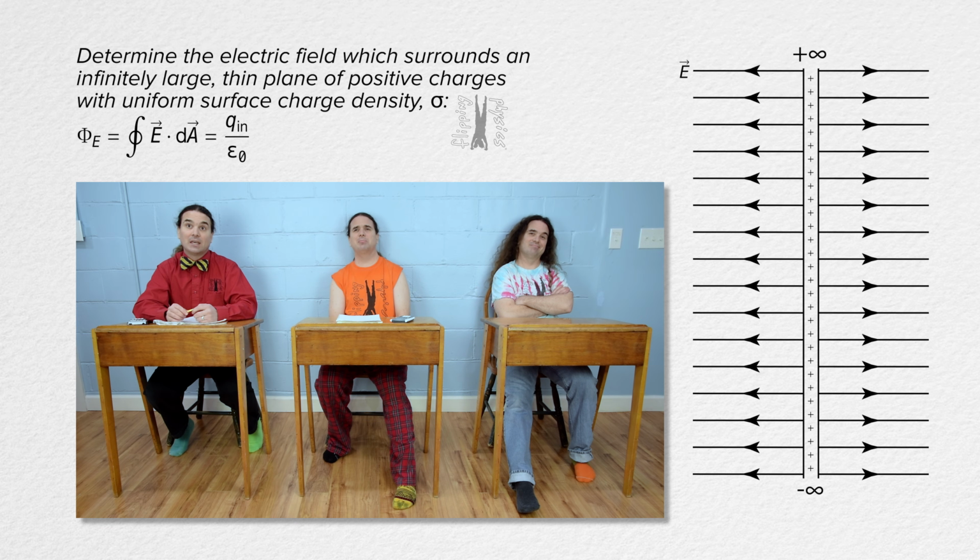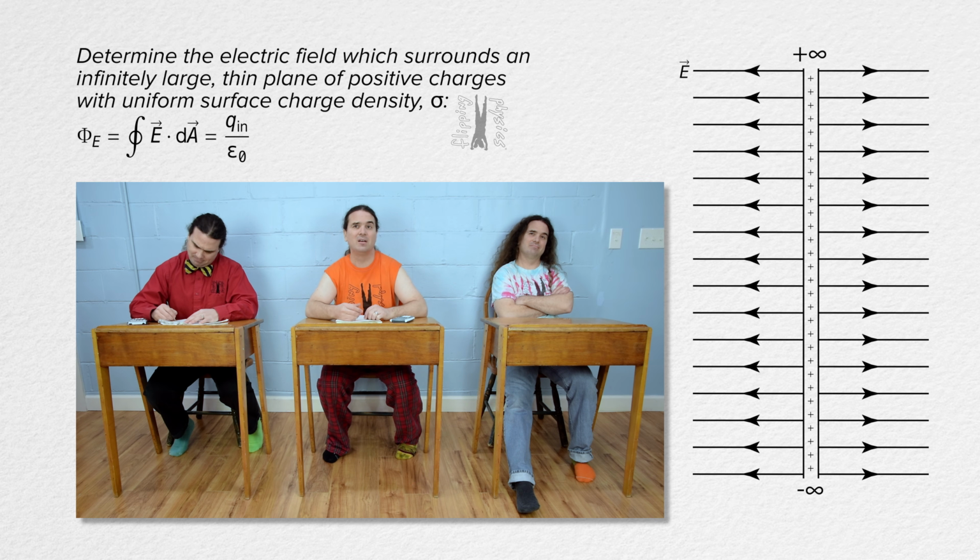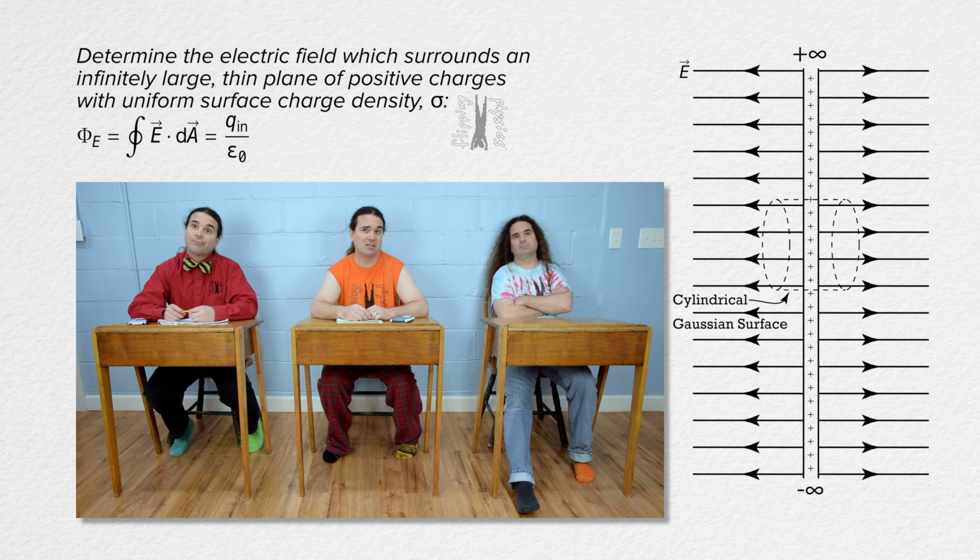Well, for the shape of the imaginary Gaussian surface, we are trying to make sure the electric field is either parallel or perpendicular to all the surfaces of the Gaussian surface. The electric field is always horizontal, so the shape of the Gaussian surface needs to have sides which are vertical and horizontal. Could we use a cylinder that has a horizontal axis and has its center on the plane of charges? Bobby, we certainly can.